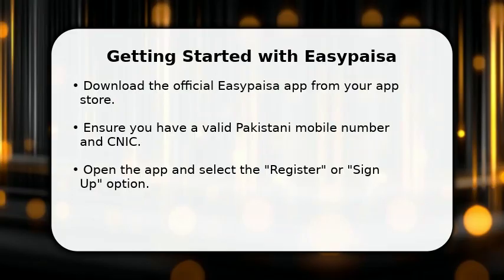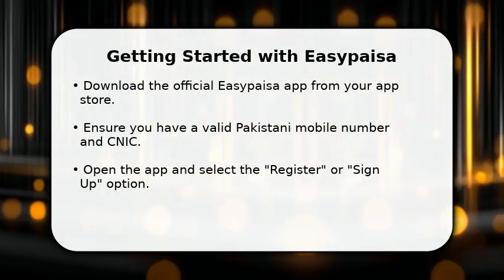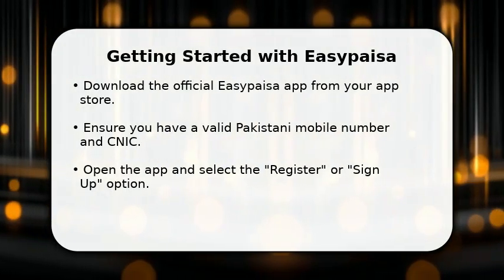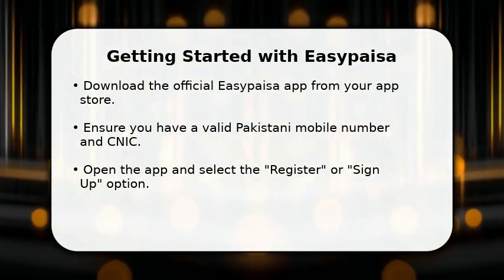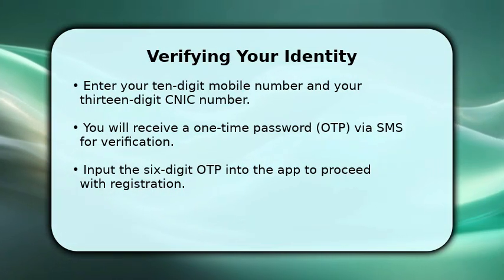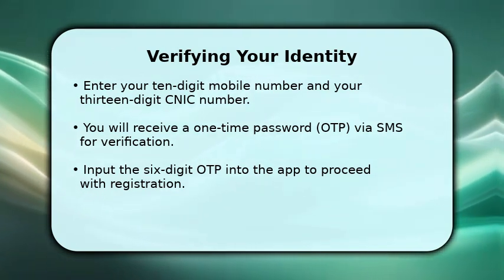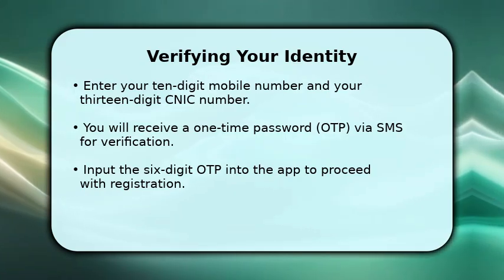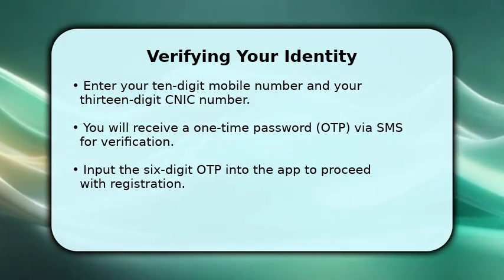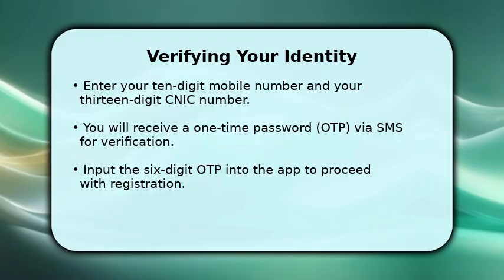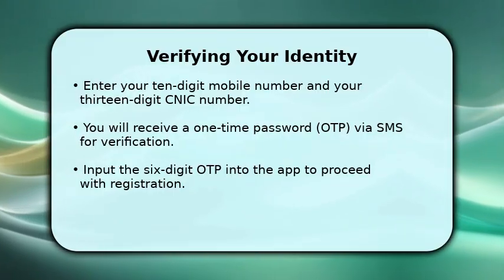Once the app is installed, open it and look for the register or sign up option to begin your journey with EasyPaisa. Next, the app will prompt you to enter your 10-digit mobile number and your 13-digit computerized national identity card number. After submitting these details, you will receive a one-time password, or OTP, sent directly to your registered mobile